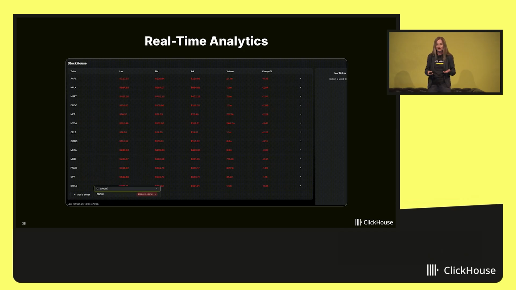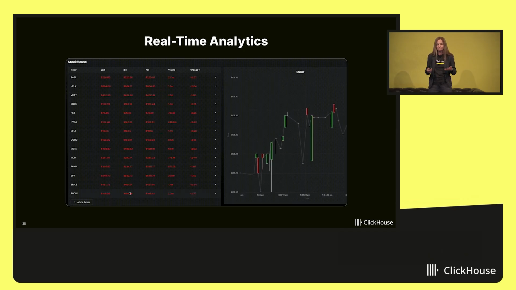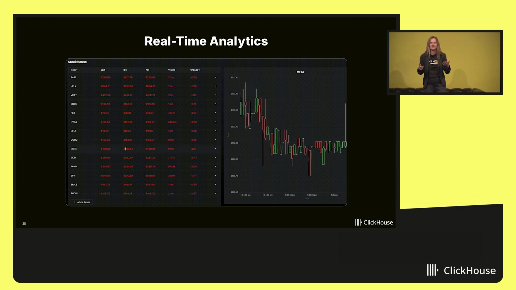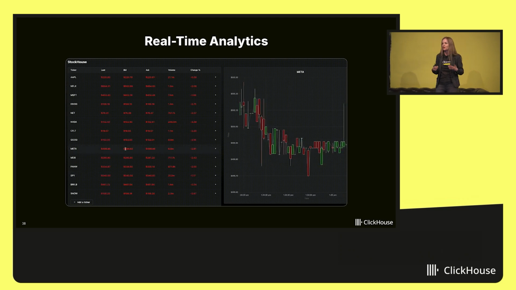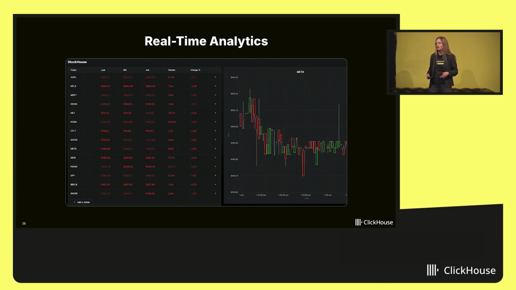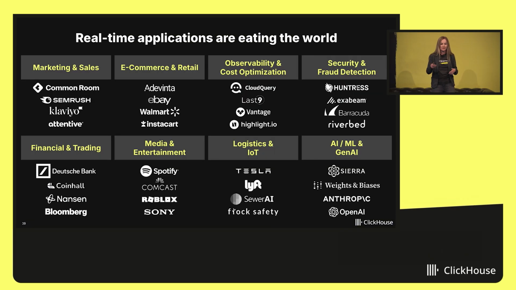And the actual experience should be driven by a database that's very, very responsive. Because as a user, I'm not going to wait for these charts to come back or for this report to come back for a long time. Users are very impatient. I know I'm very impatient when I use products. And in fact, I'm going to make a statement here that real-time applications are truly eating the world right now.